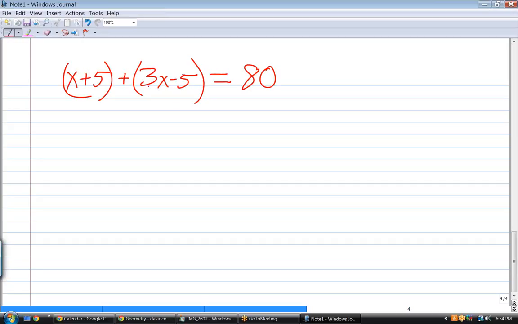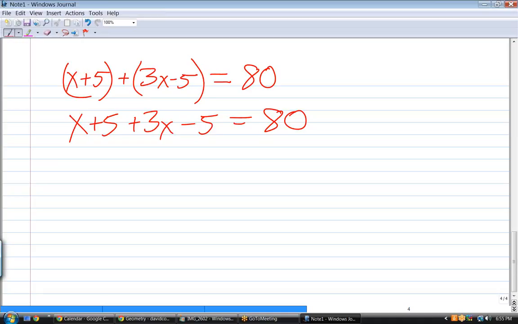So the first thing let's do is get rid of the parentheses, since there are no denominators. When I remove the parentheses, what do I have? x plus 5 plus 3x minus 5 equals 80. Next step? Minus 5 equals 80. And then,